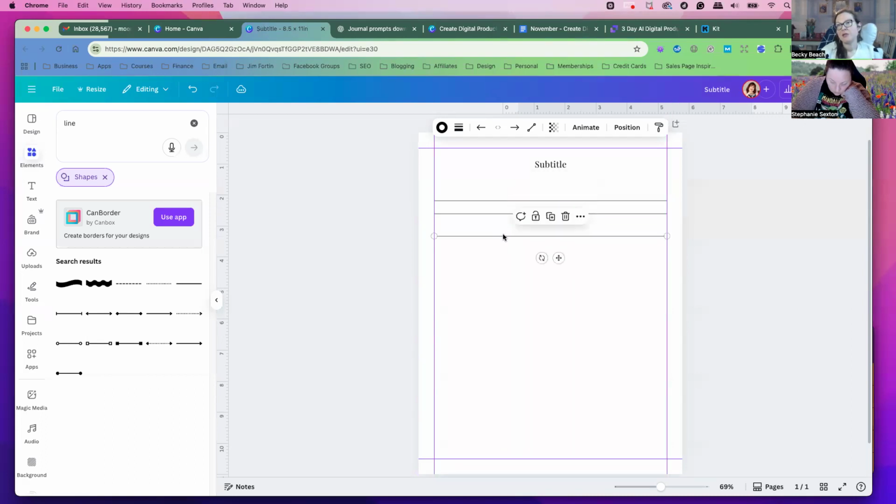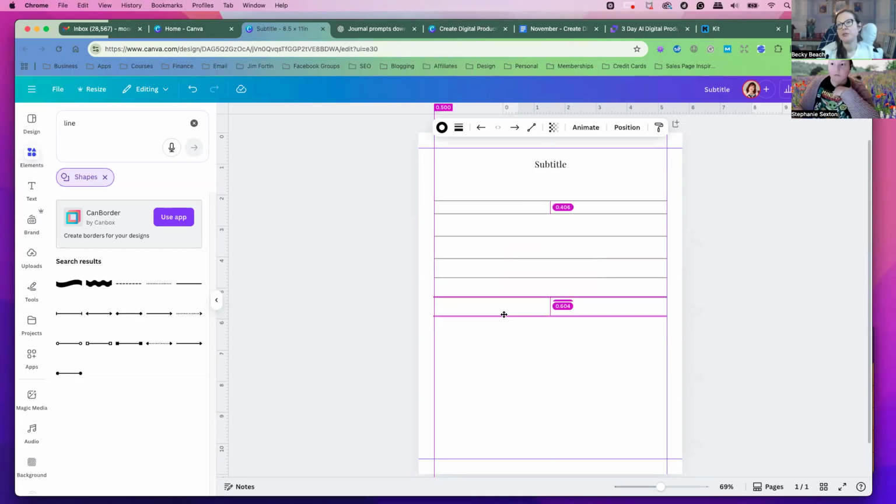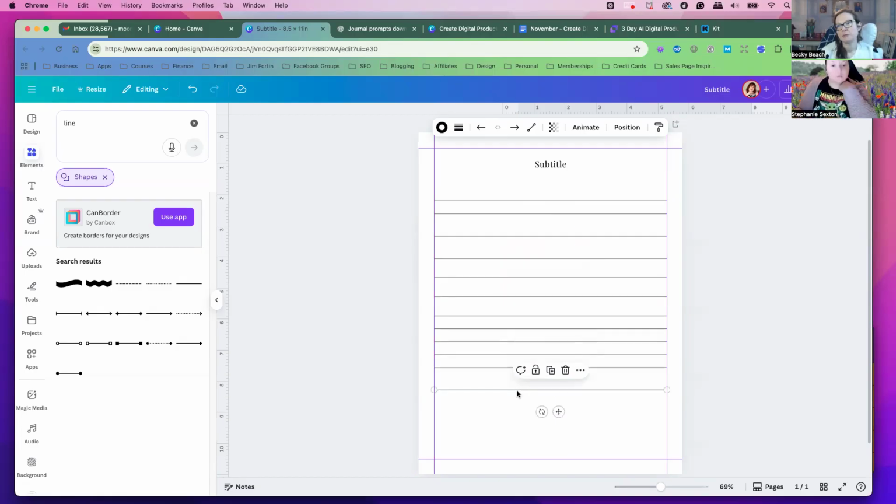So I'm just going to take this, I'm just going to make a bunch of lines. What I'm doing is I'm holding Alt and then dragging my mouse, and that makes a copy of it. And I'm just making a bunch of lines. I'll clean it up later. I'm just going to fill up the space with lines. Just make all the lines to the end.